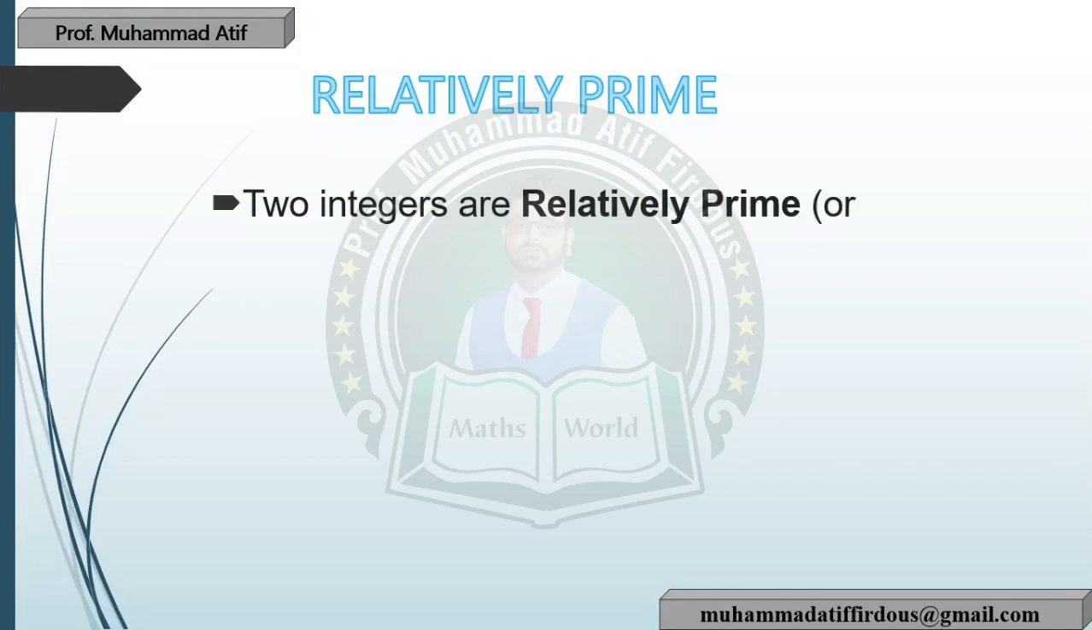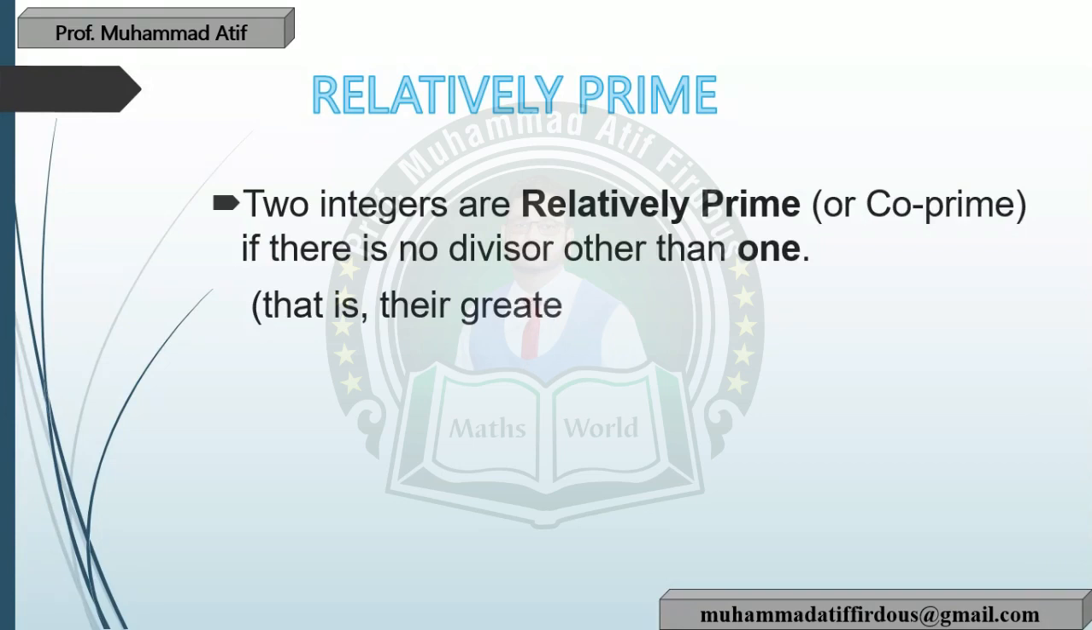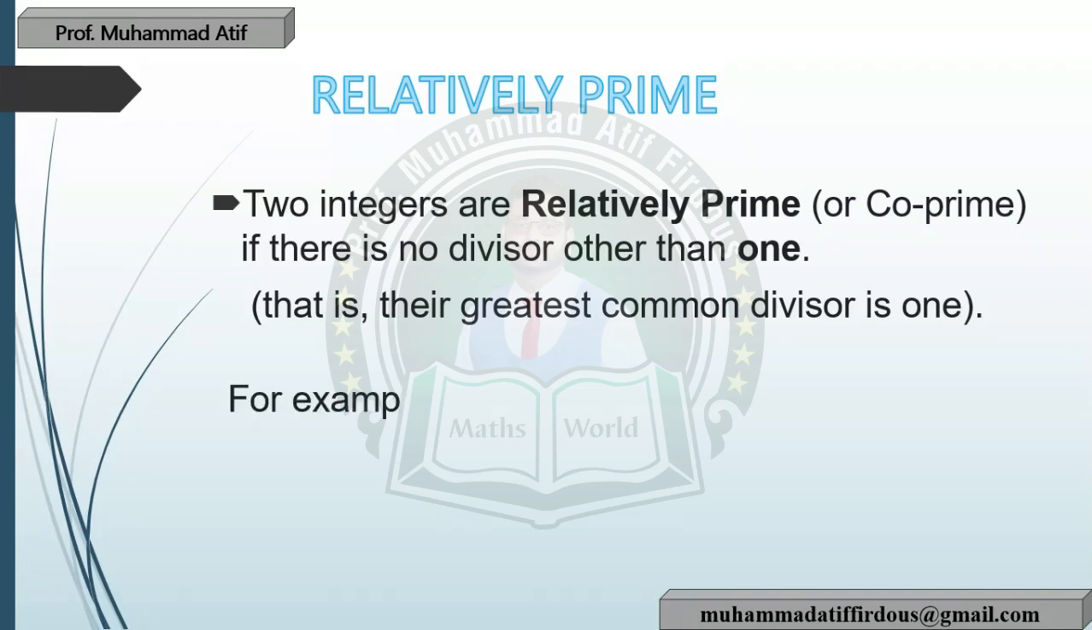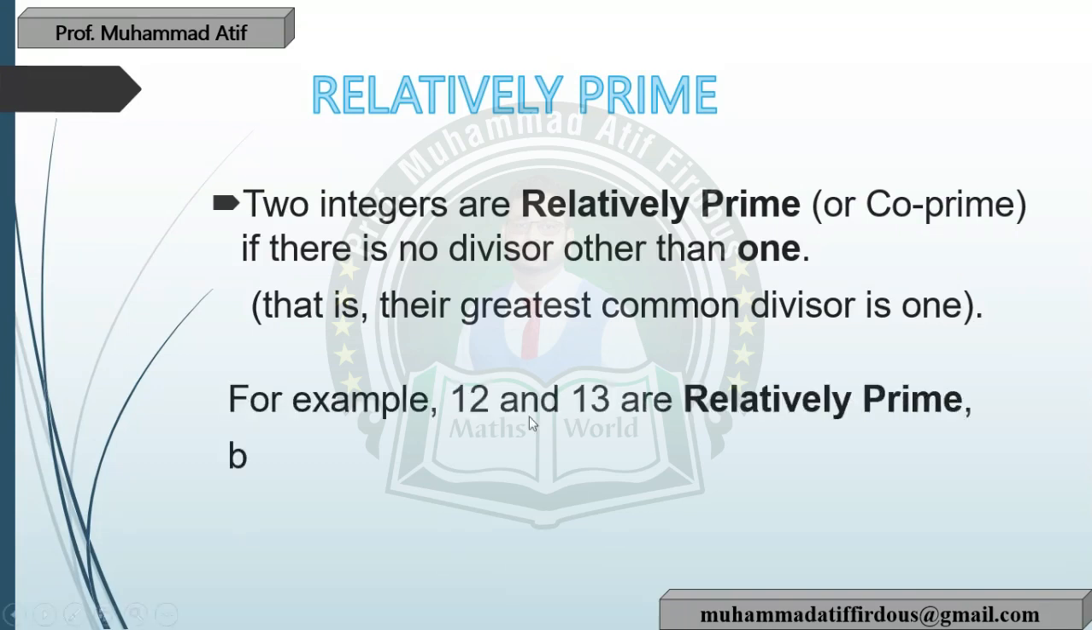Two integers are relatively prime or co-prime if there is no divisor other than 1. That is, their greatest common divisor is 1. For example, 12 and 13 are relatively prime because their greatest common divisor is 1. But 12 and 14 are not relatively prime. Okay, next,